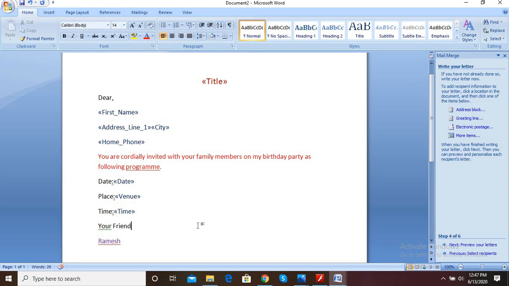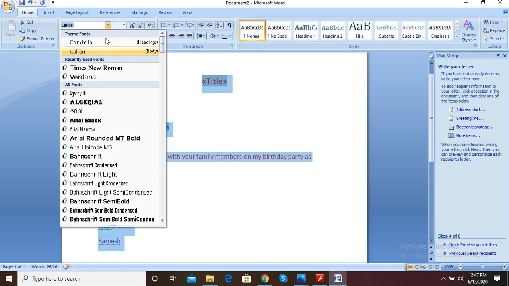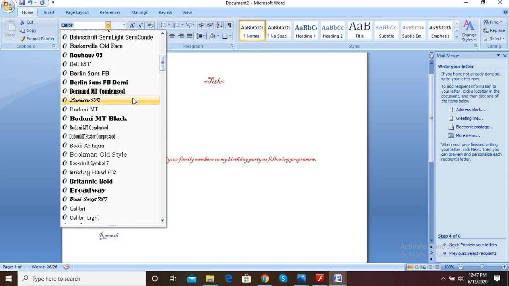Okay, you can change the font type also.